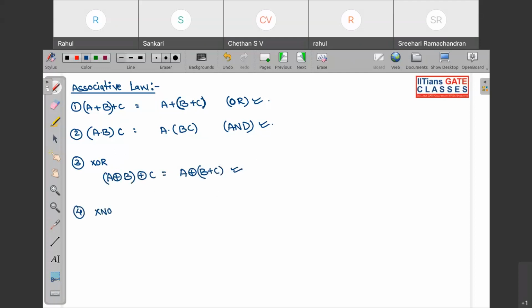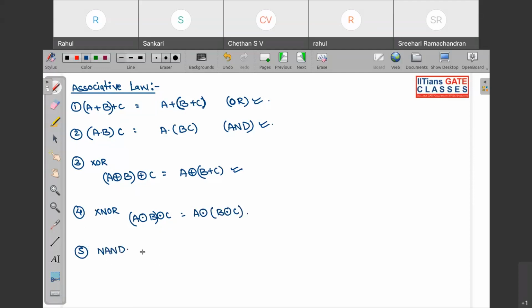XNOR gate, if you see, this will also be associative. What about NAND and NOR gate? What about NAND gate, NOR gate? What do you think? So NAND gate, if you see,